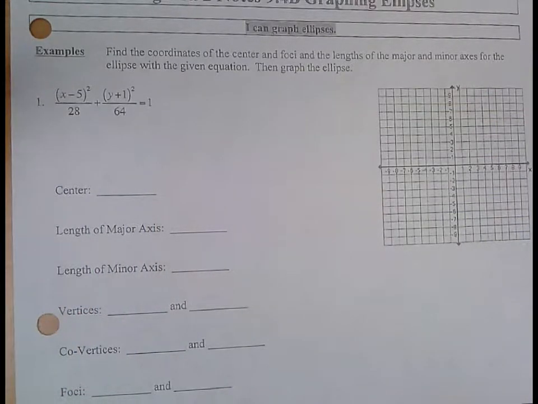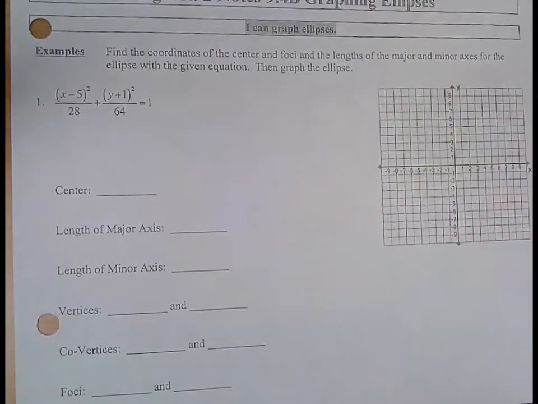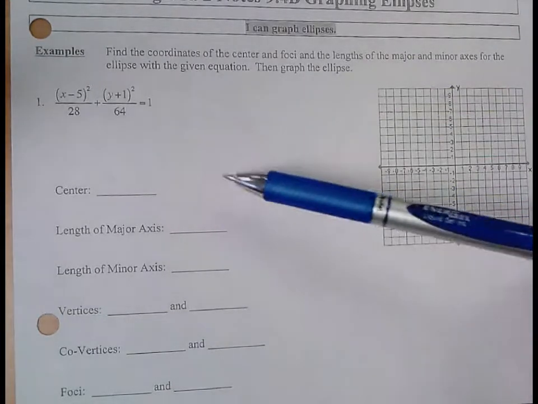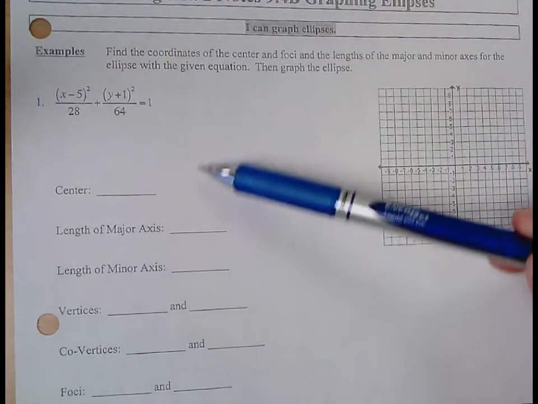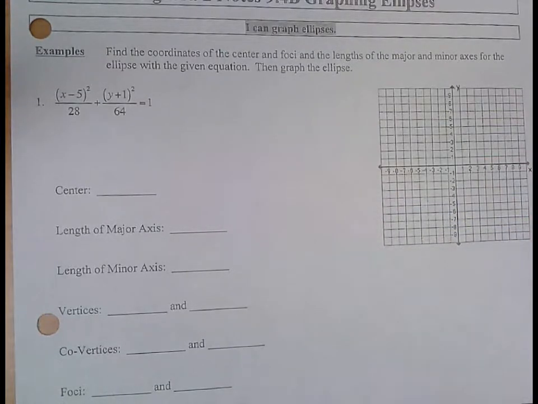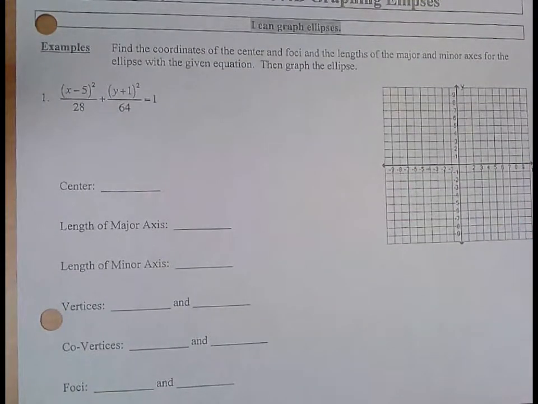That means it's in standard form. So this one is. I will provide, and this is provided on your assignment, it will be provided on the review, on the quiz, the blanks that you need to fill in for what you need to find in order to make your graph. And you're finding this information using the formulas on your sheet. So what you have to identify first, before you start using formulas,